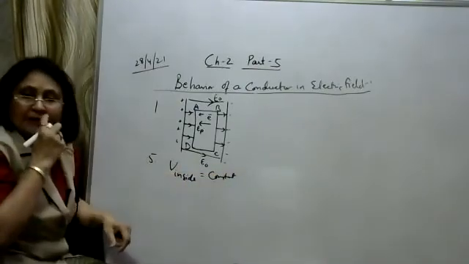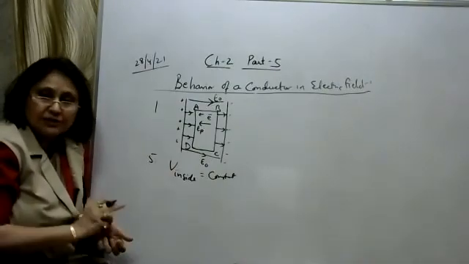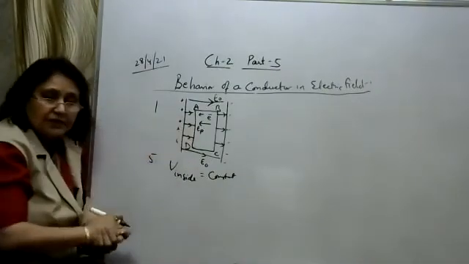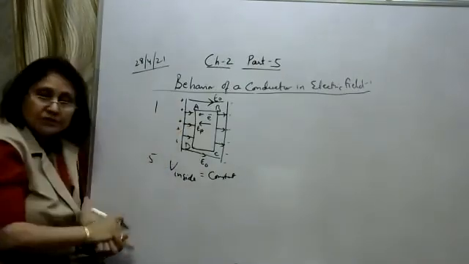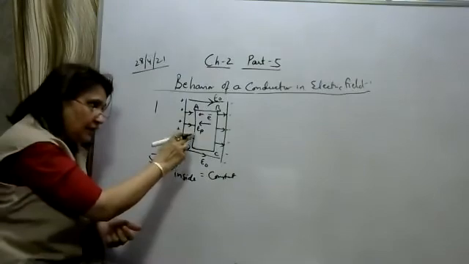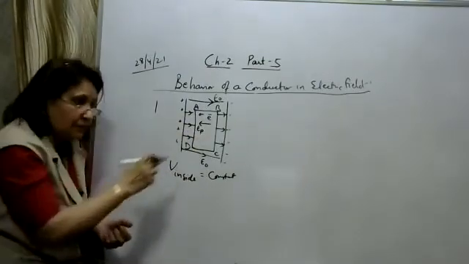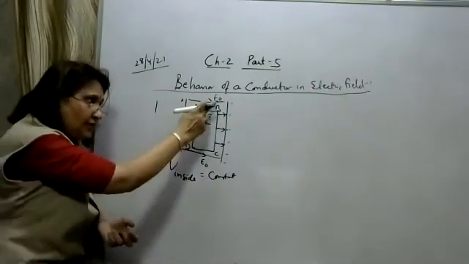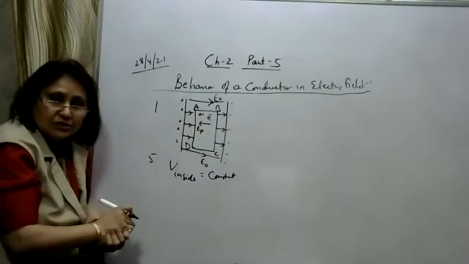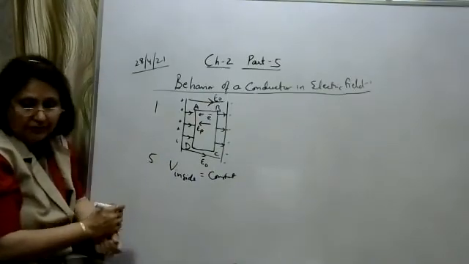We know that the electric field inside is 0. Just now we have studied that no net electric field inside can remain. Why? Because electrons drift in the opposite direction of E naught until the electric field created by these electrons, EP, becomes equal to E naught. So the net electric field, as they are in opposite directions, E naught minus EP is equal to 0.